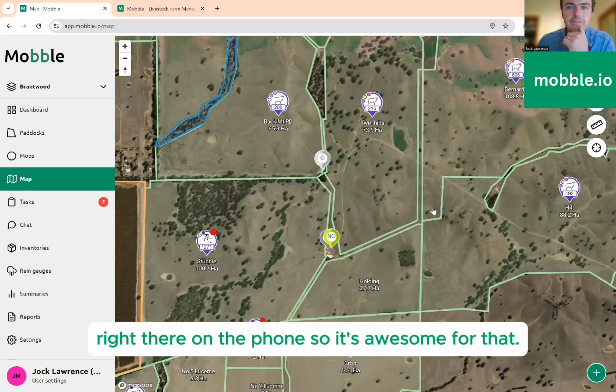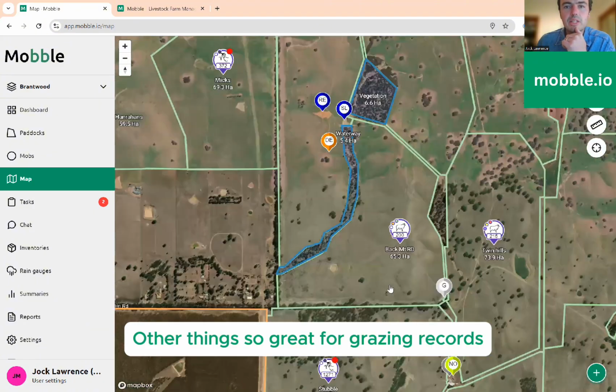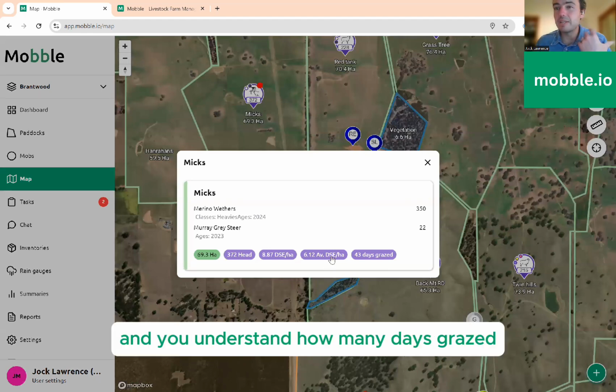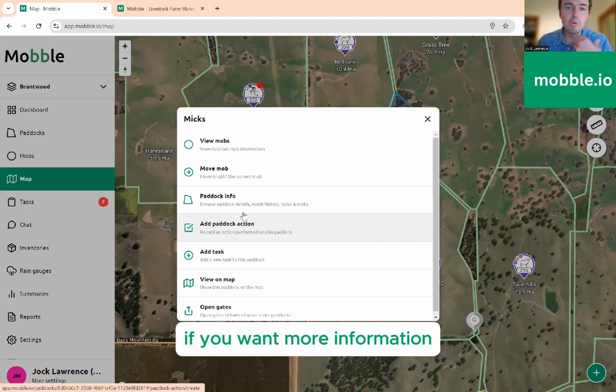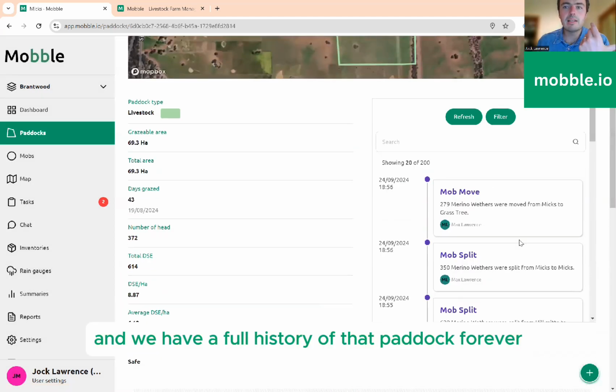So it's awesome for that. Other things, so great for grazing records. Quickly on grazing records, you can select a paddock and understand how many days grazed or rested that paddock's been. Also on stocking rates and stuff like that. If you want more information, you can go to the paddock info, and we get a full history of that